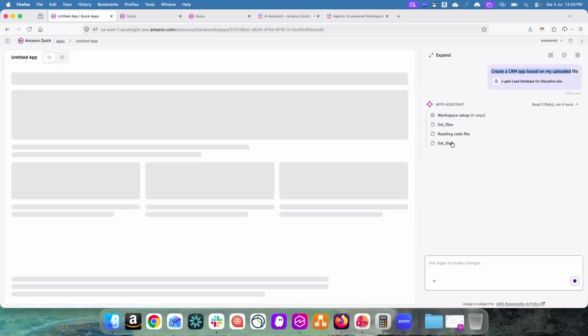Okay, so it is listing files, reading the code file, etc. And I will build a CRM app based on your lead database. Let me analyze the data and create a comprehensive lead management interface. How cool is this? It will take some time. Okay. However, in the interest of time, what we can do